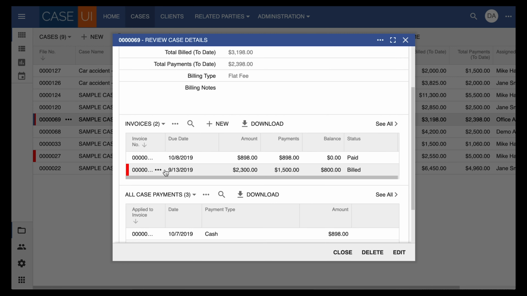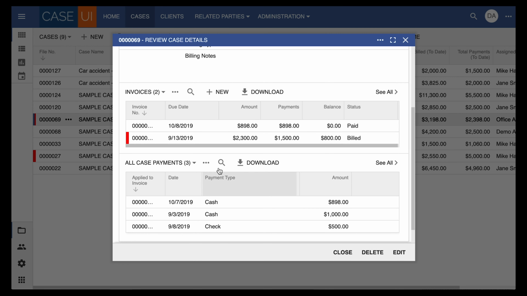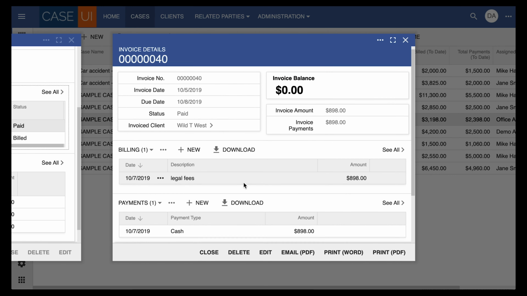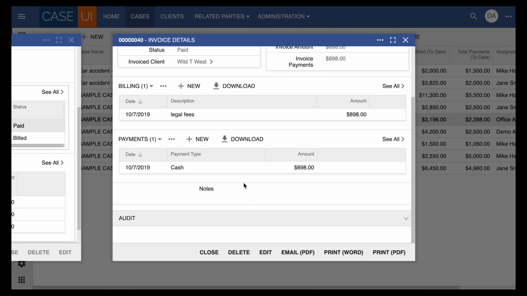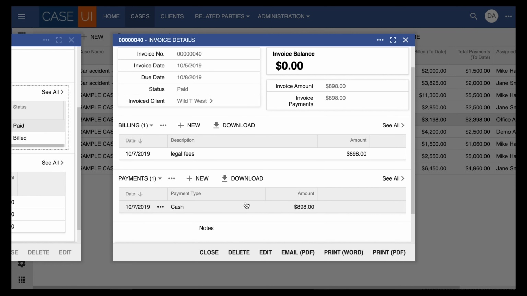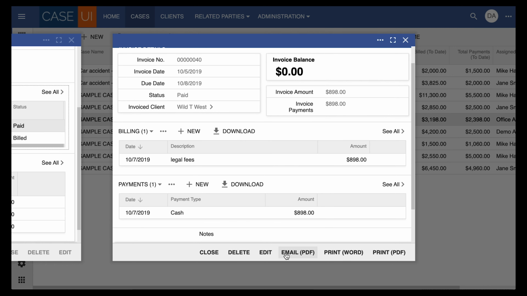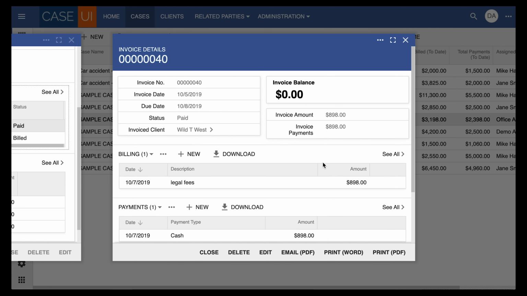This is the outstanding balance, but all of the invoices and payments are here, as well as invoice details. You can look at the invoice details. You can email the invoice to the client. You can print it as a Word or PDF and print it or email it separately.